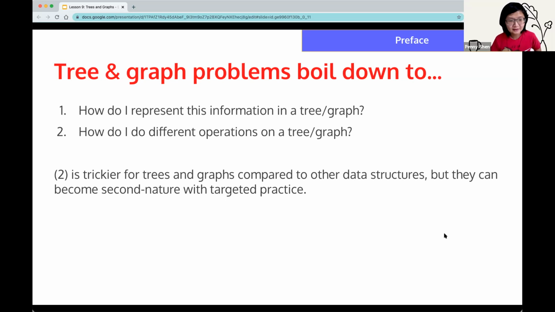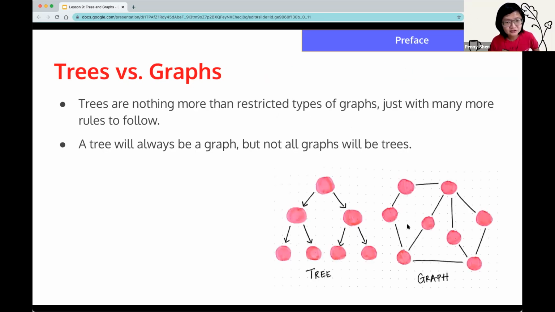With that, I also want to talk very briefly. We'll dive more into what a tree is and what a graph is, but trees and graphs are actually similar. Trees are a more specific type of graph. So a lot of things we talked about in trees, like Karen was talking about how to traverse a tree, similar things can apply for graphs too. That's one good thing: a lot of things you learn for trees, you don't have to relearn for graphs, because they're the same thing. And another thing is, because a tree is a more specific type of graph, a tree will always be a graph, but not all graphs will be trees.